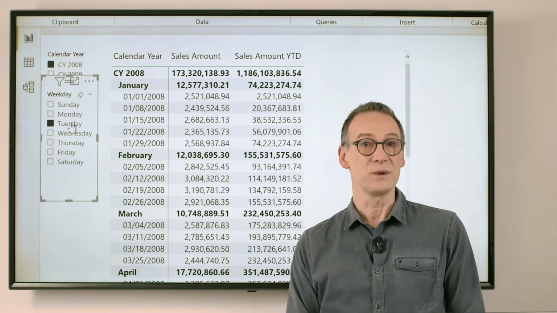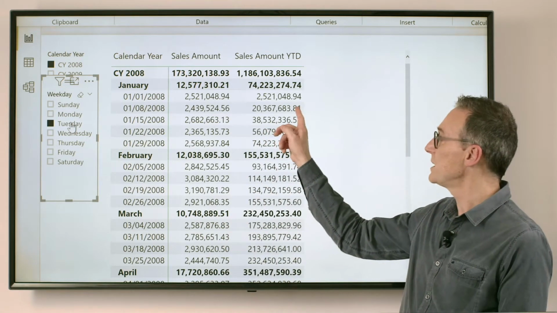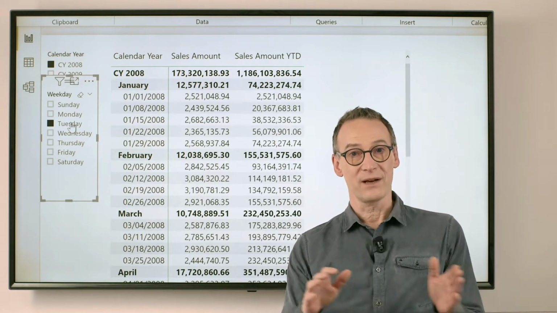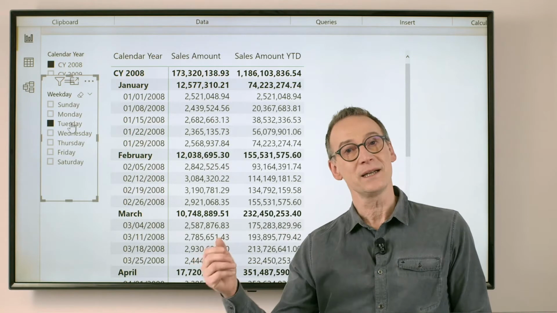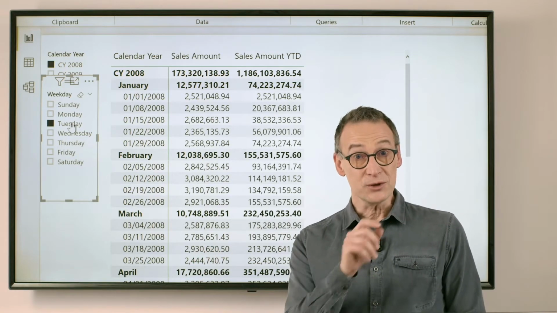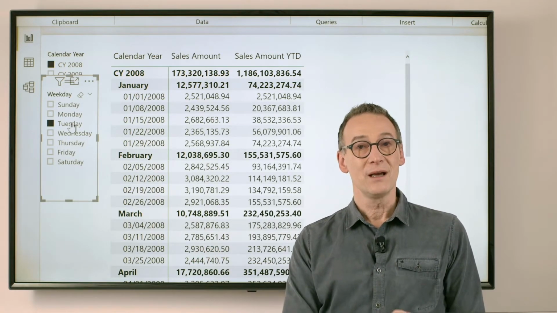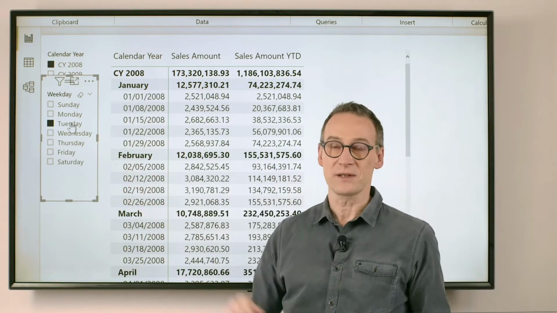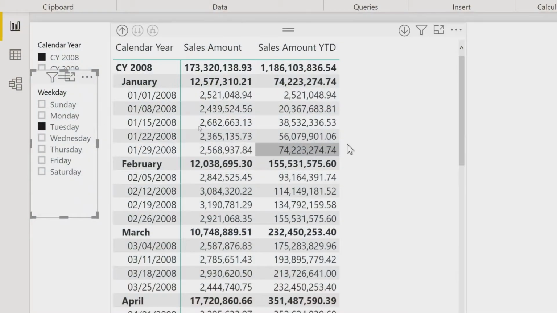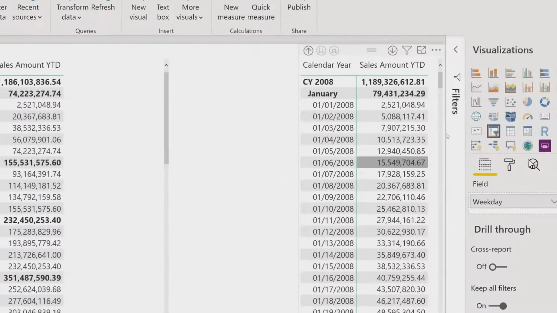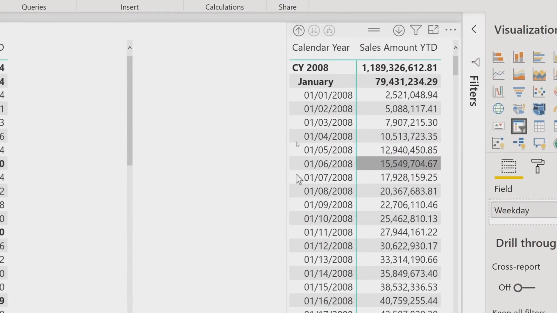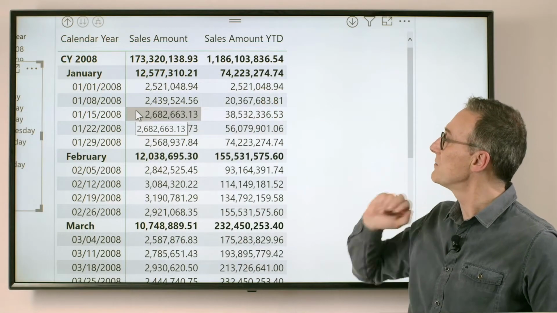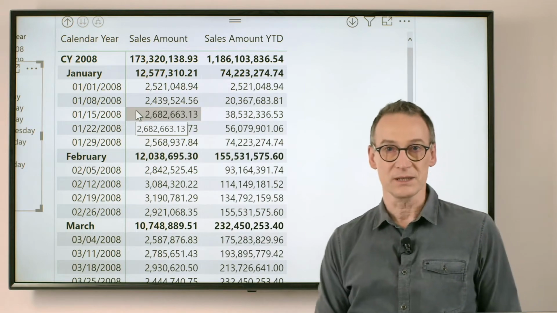The first thing that we need to understand is what is this number? What is the engine computing? Once we have understood it, then fixing it is much simpler. In order to understand what is that number, I created another report which is not affected by this slicer. And again, I'm showing the values day by day. Now, let's start from the beginning. On the 8th of January, we have 20 millions.